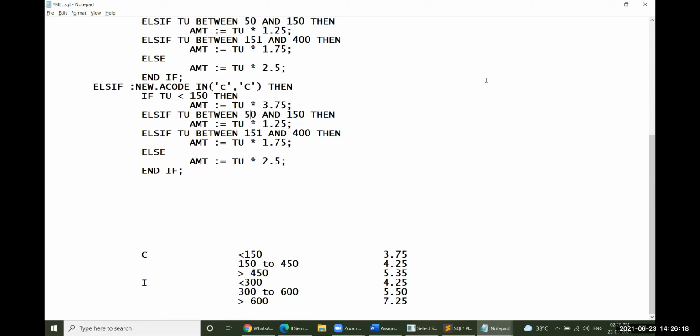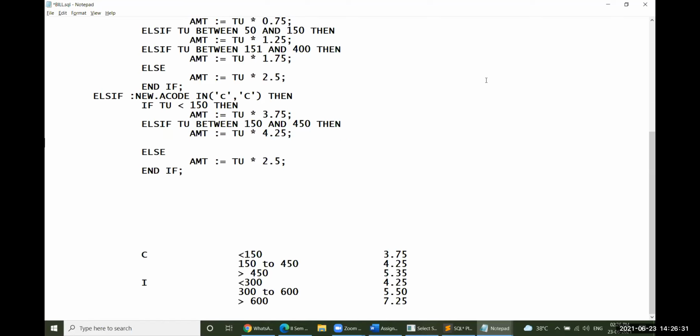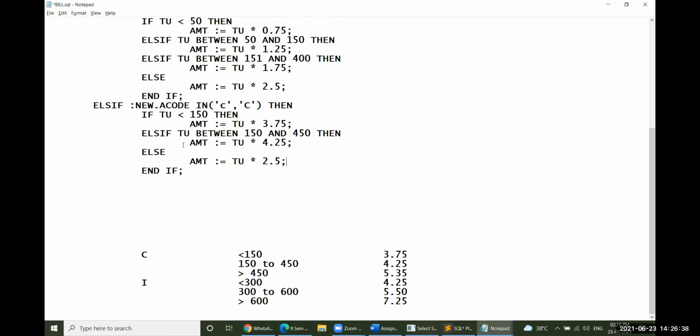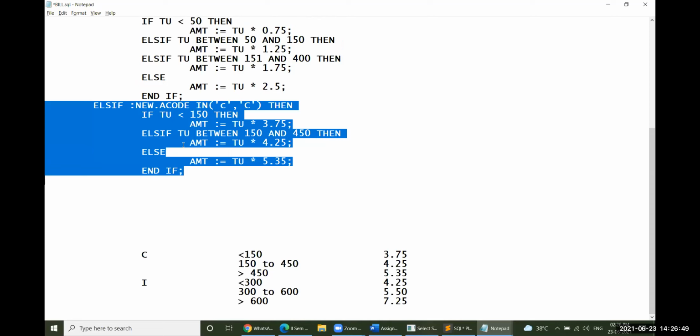Then 151 to 400, the amount will be 4.25. Greater than 400, else, 5.35.